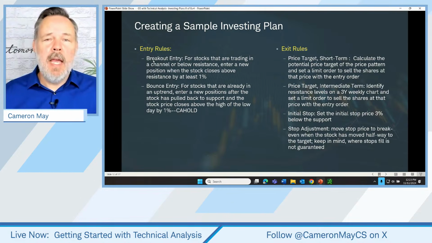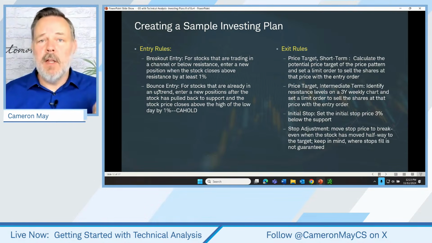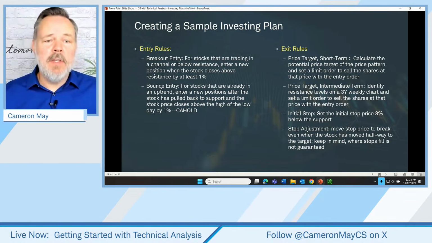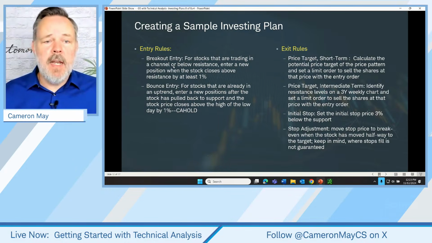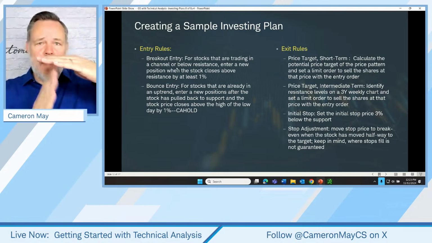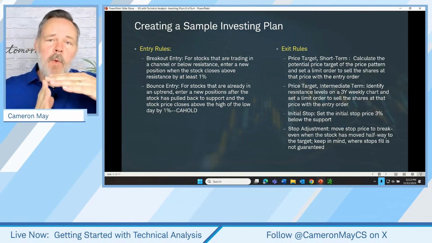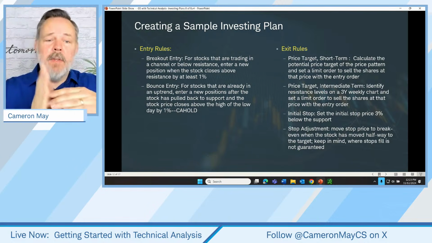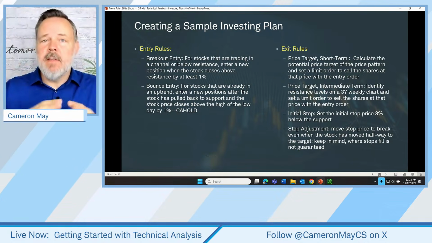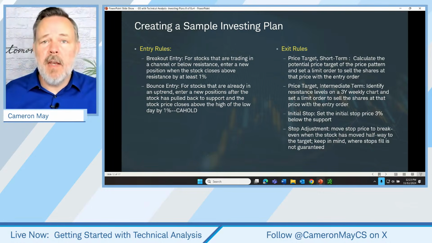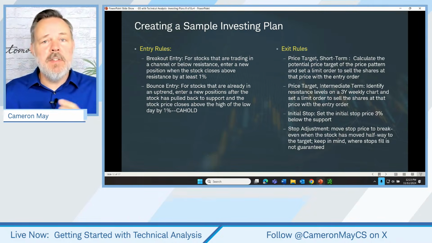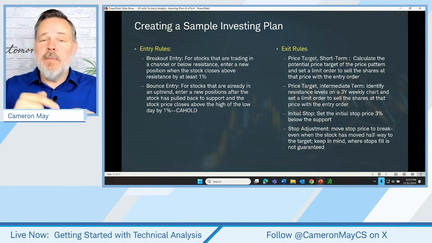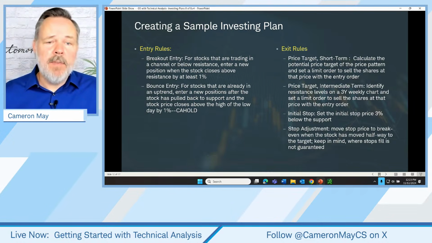For example, entry rules, we could choose from the 2 that we discussed early in this webcast series, breakout entries or bounce entries. So a breakout entry, just to recap, is for stocks that are trading in a channel or they're below a resistance line, and we enter when the price is pushed up through, broken out, and closed above that resistance. And let's just say it needs to close at least 1% above. Not every trader is going to use that as a qualifier. Well, let's just try to be explicit here just to illustrate how a trader might add some flavor to a trading plan. So 1% above resistance is a breakout entry.